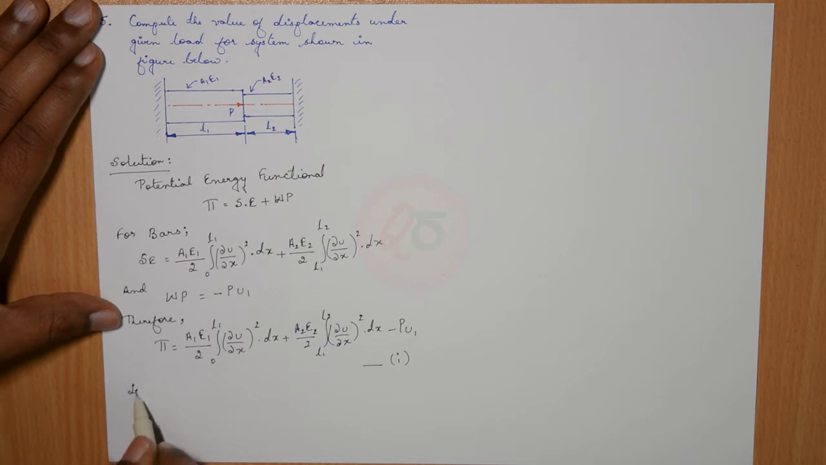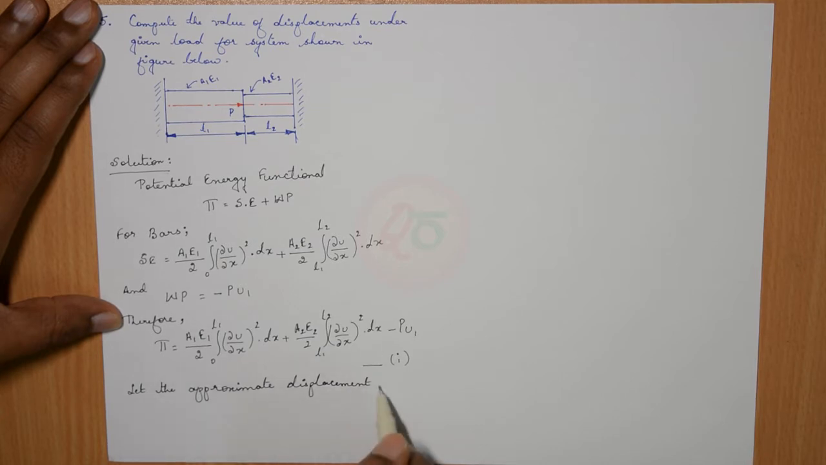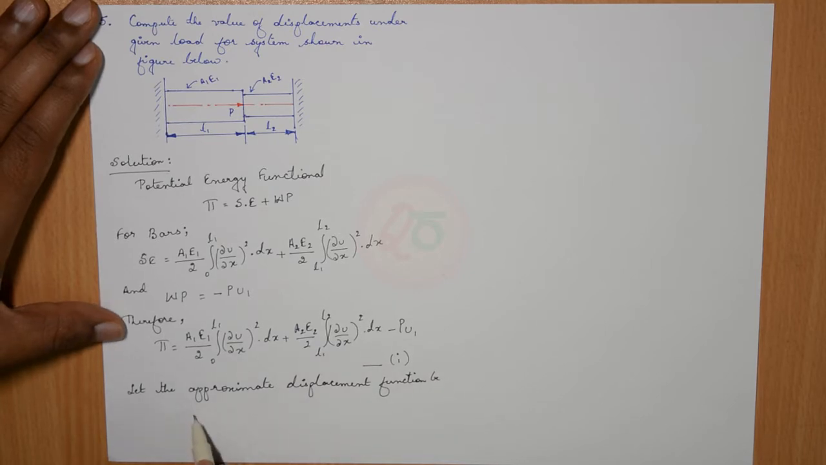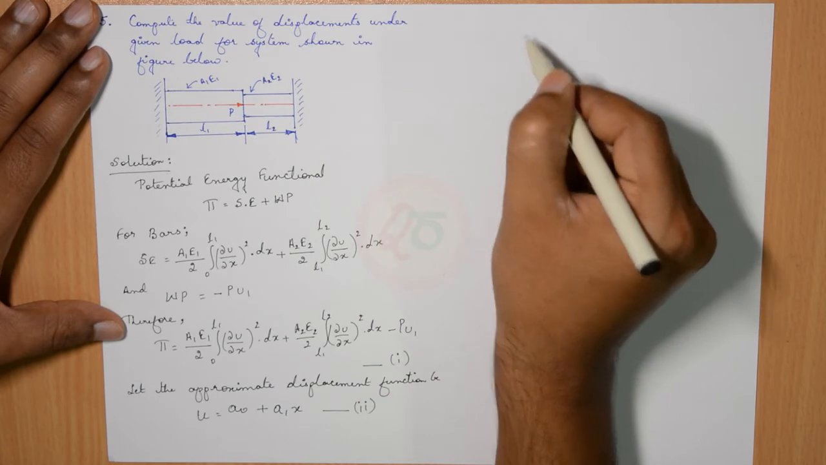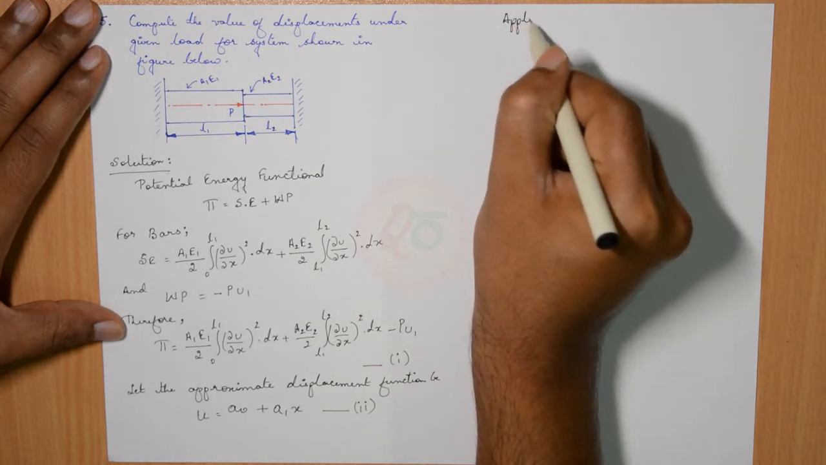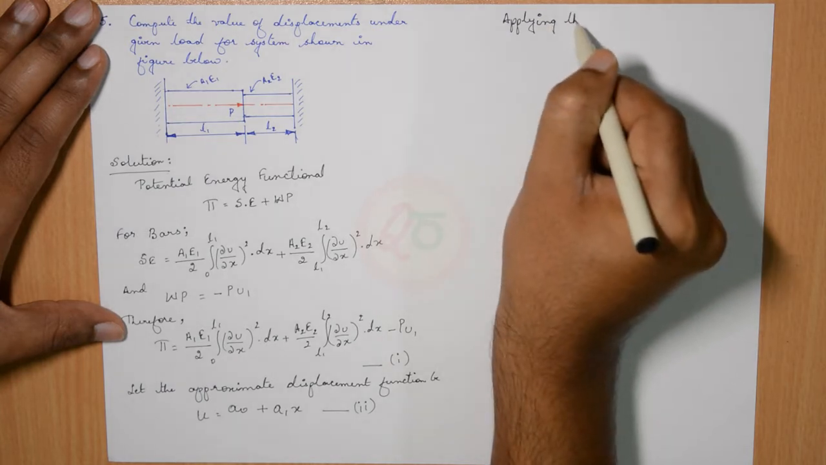let the approximate displacement function be u equals a naught plus a1 x. I'll call this equation 2. So this must satisfy the boundary conditions. So applying the boundary conditions,